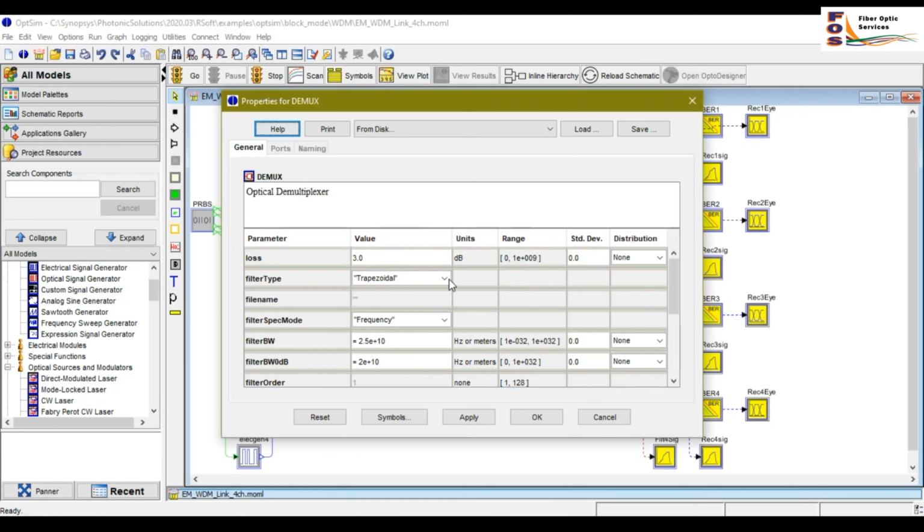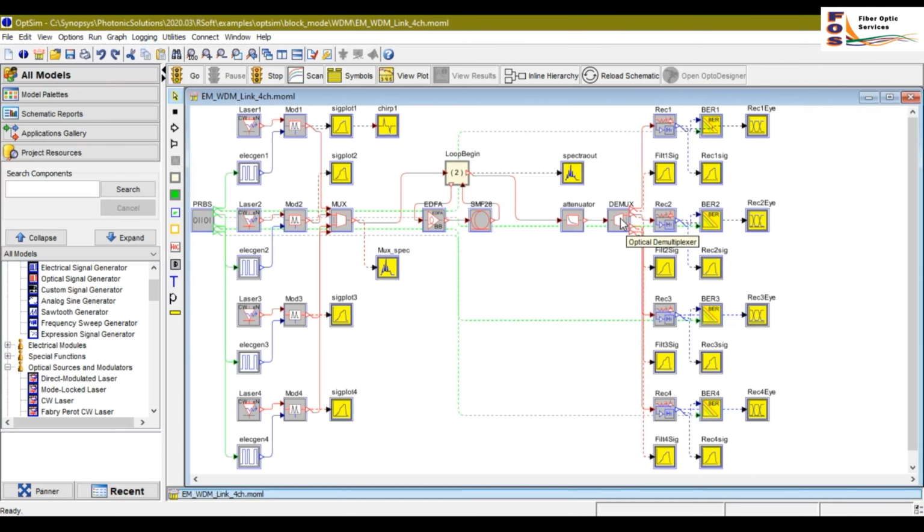We are using the same filter type as trapezoidal and the frequency spec mode as frequency. The initial filter frequency is taken as the first filter frequency and the spacing is set equal to the spacing between the channels. The output of the demultiplexer goes into different receivers and finally to the BER tester blocks.